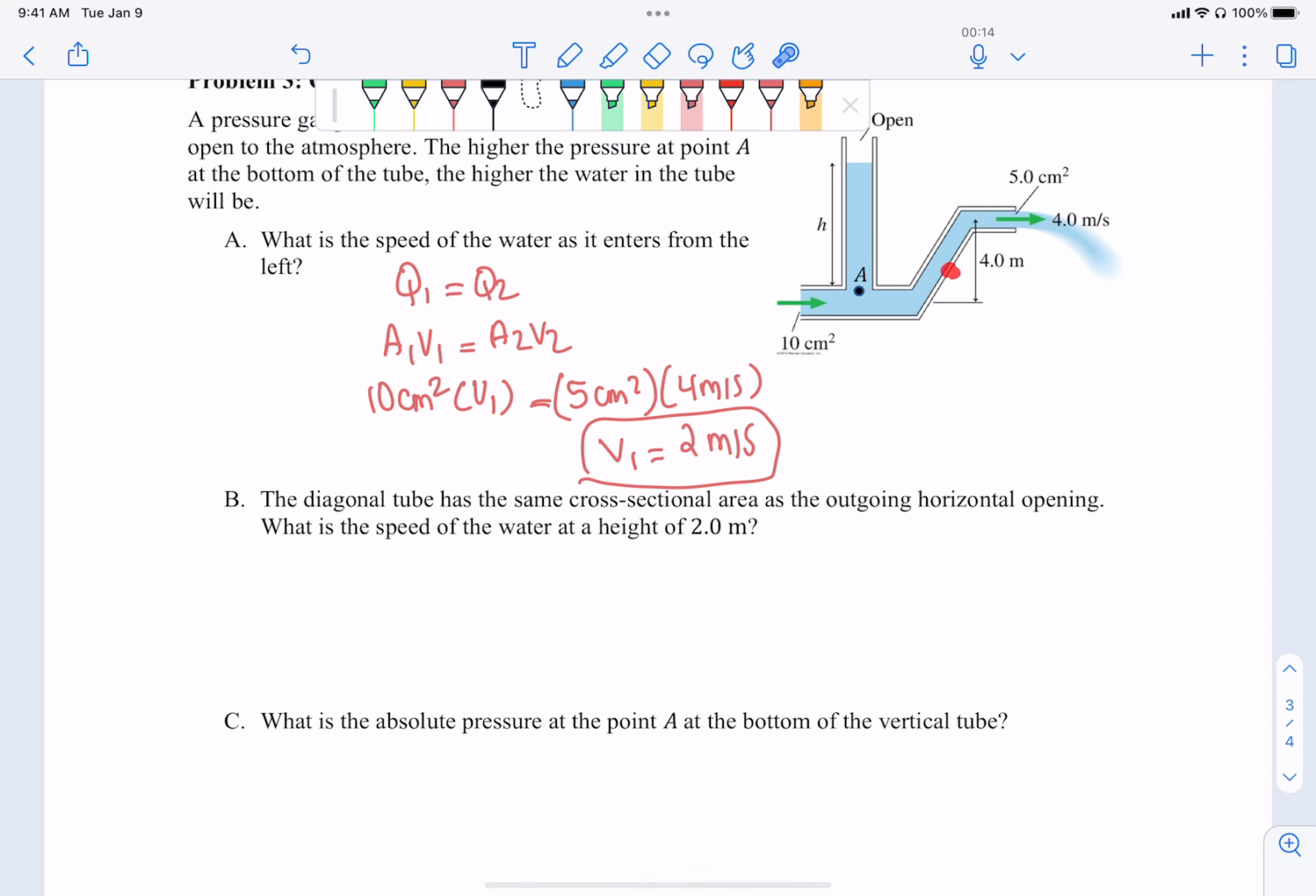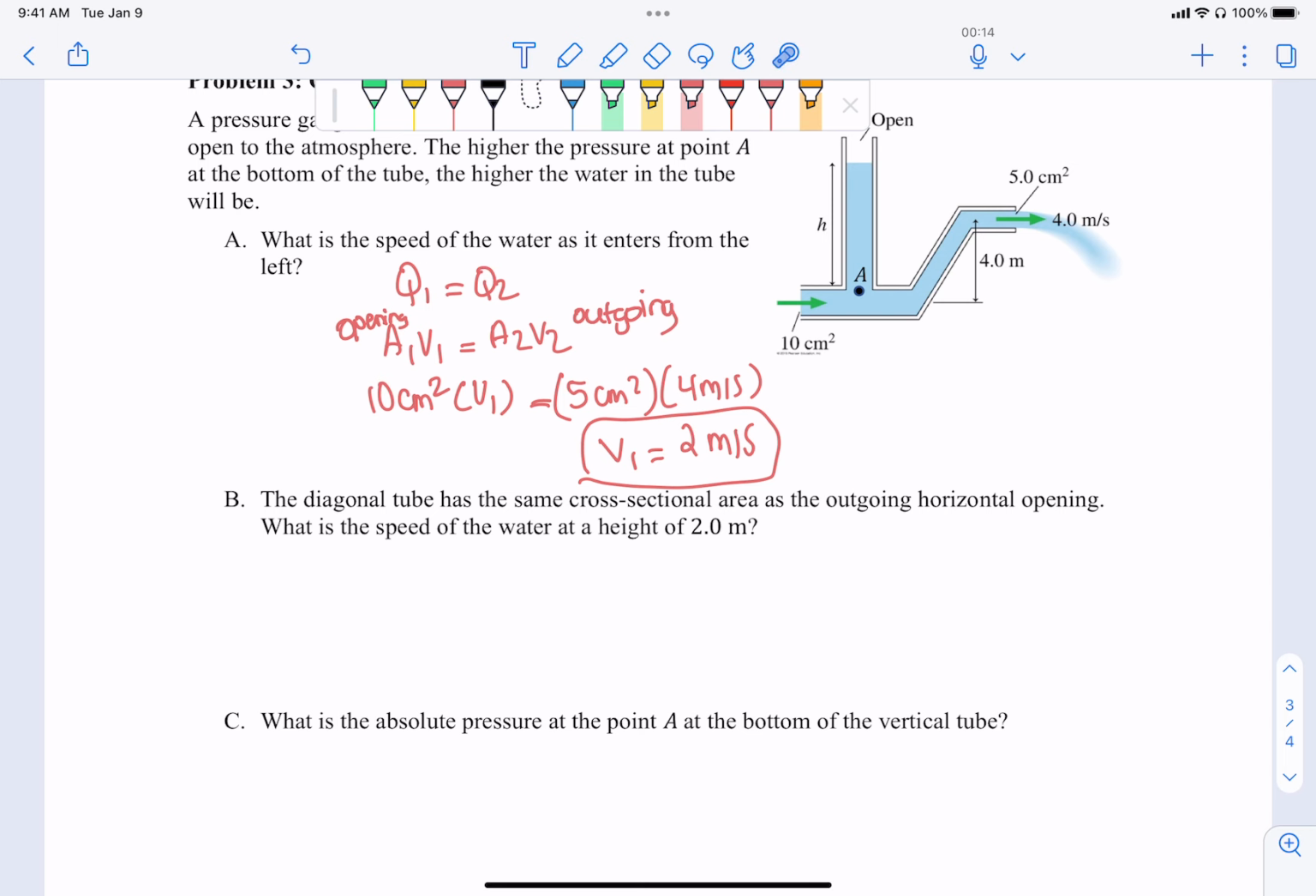At a height of 2 meters, if we started out with 2 and we're ending up with 4 meters per second, and we want to keep the flow the same, well, if we said this is the opening, and then this was the outgoing area,